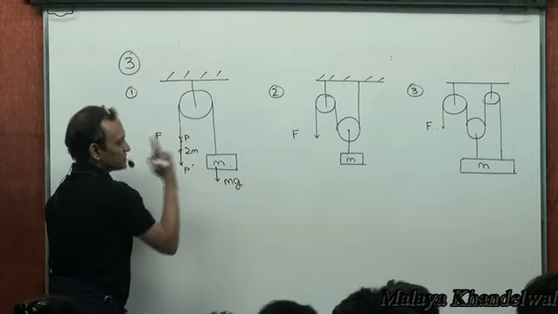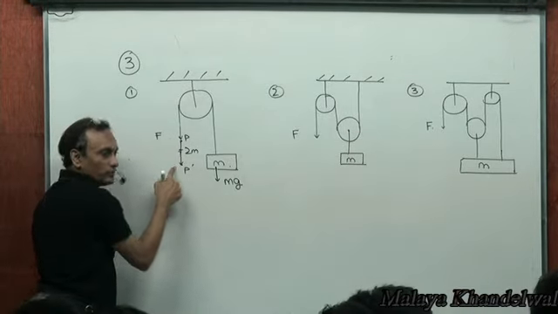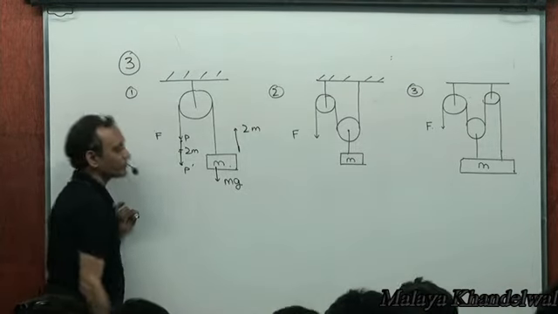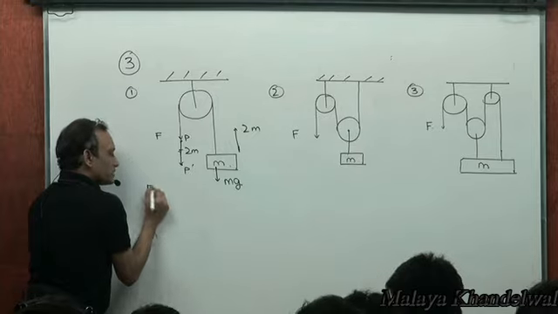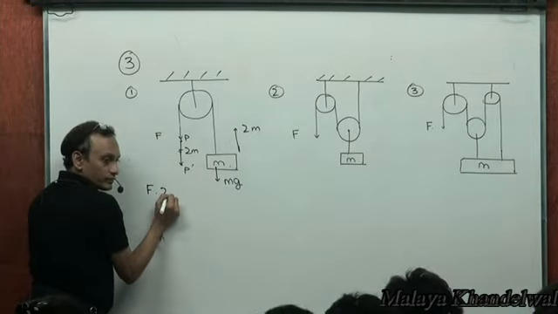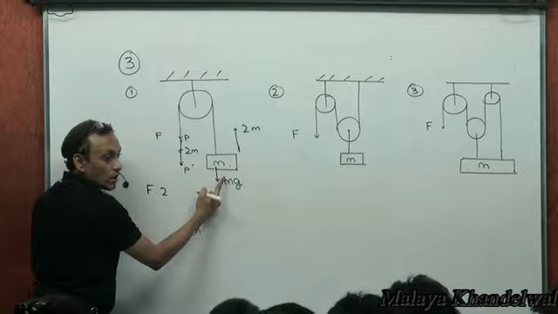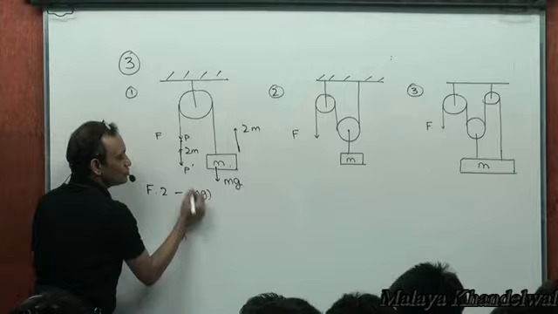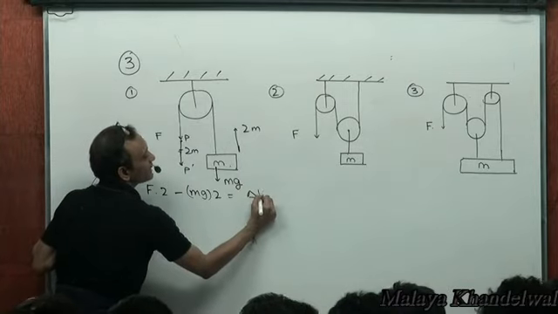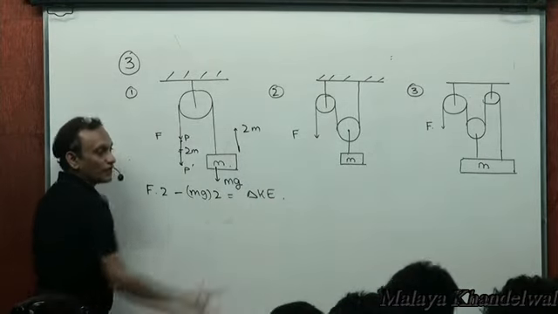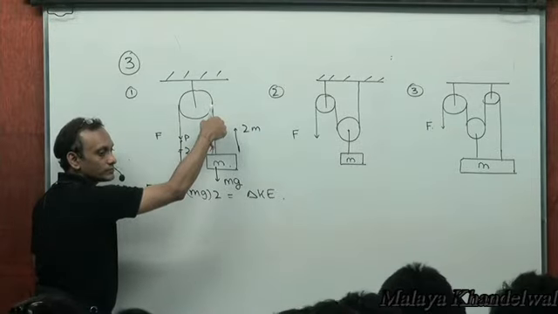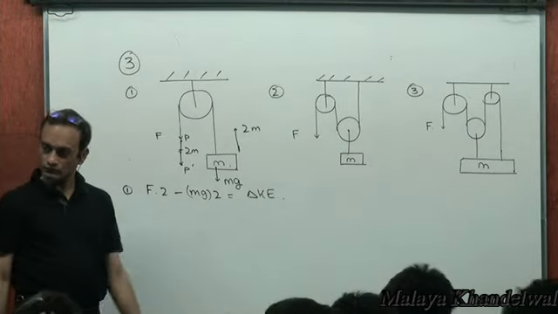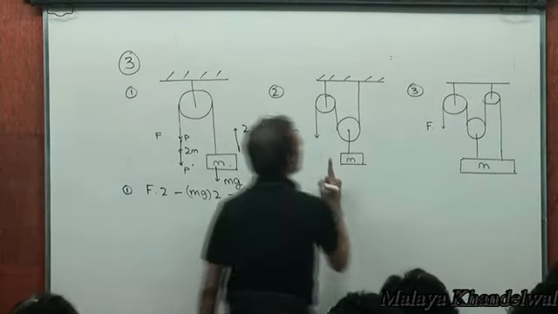Right? So for this, when this goes down by 2 meters, this must move up by 2 meters, string consideration, right? Okay. So work done by F is F into 2. Work done by mg is minus mg into 2, and this must be change in kinetic energy of the mass, starting from rest, half mv squared here, right? 2 meters up. That's for situation 1, right? For situation 2,